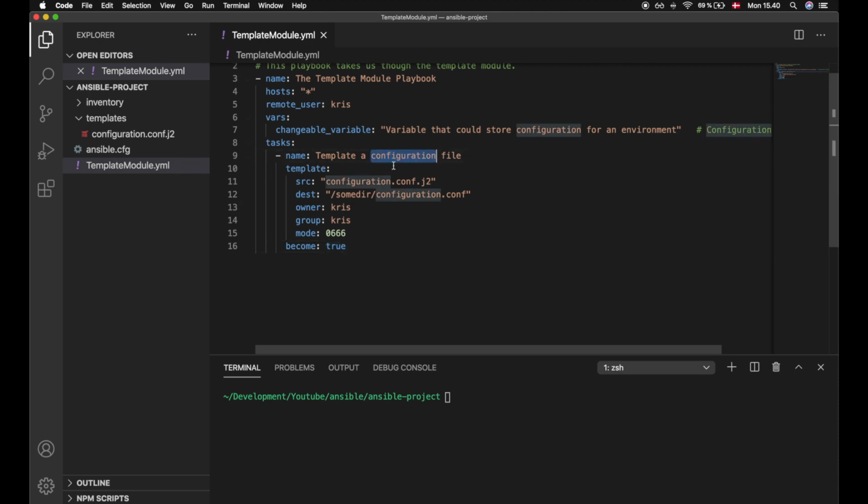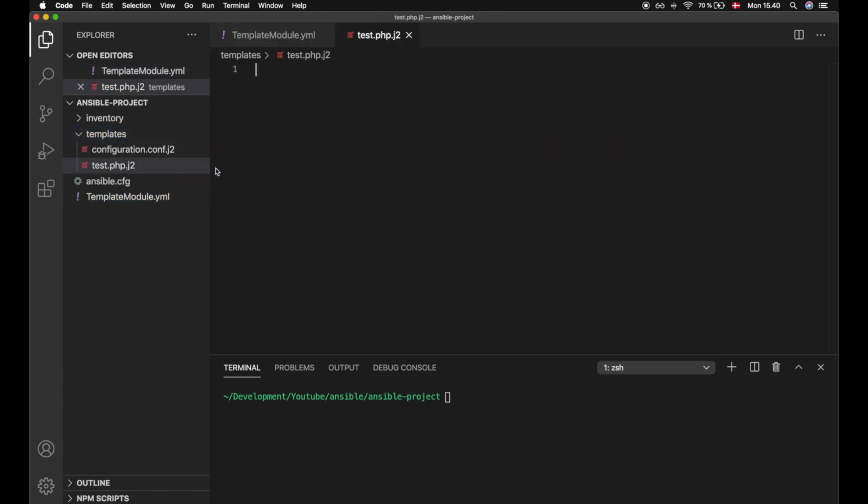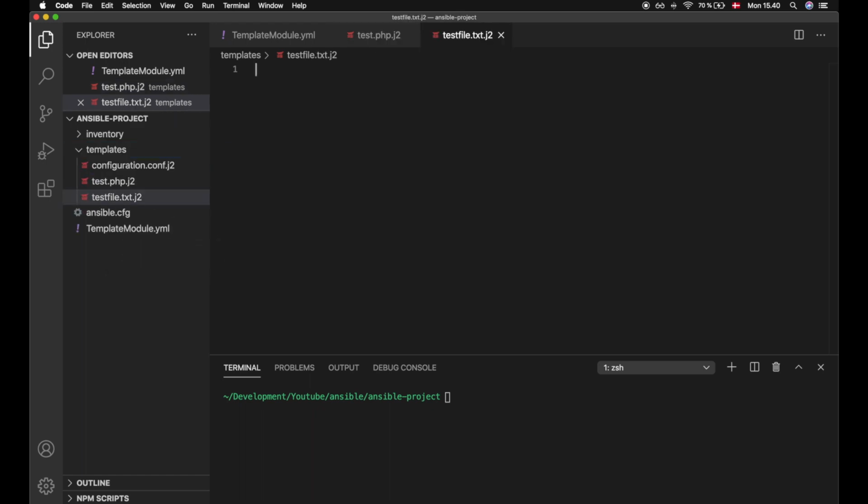So the first thing I will do is change the name to "template multiple files to remote hosts", and then we will have to add some additional files. So I will add a file called test.php.j2, and I will create a file called testfile.txt.j2. And if I didn't mention it before, the main reason why we extended with the Jinja2 expression here is